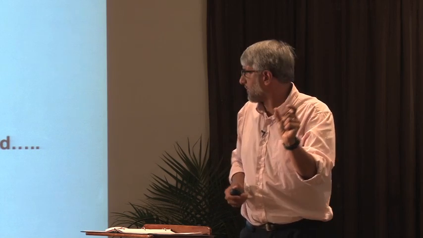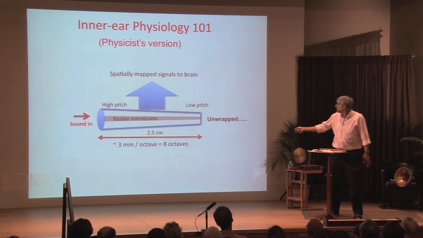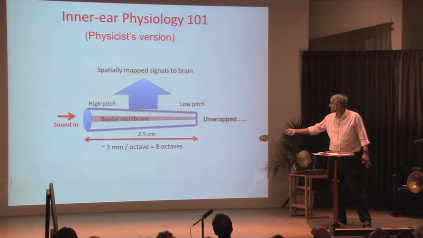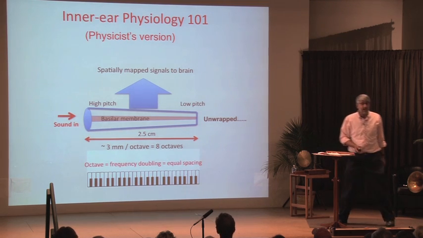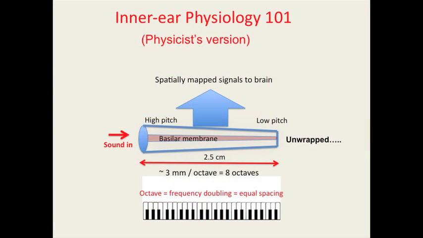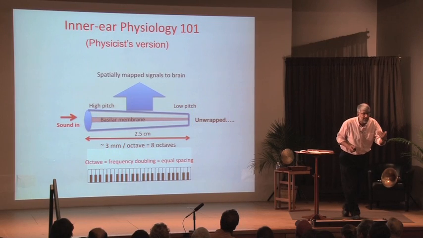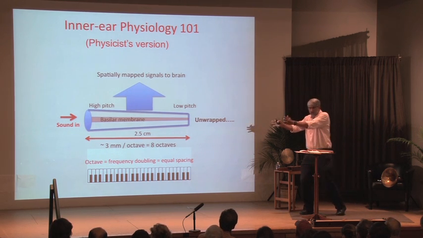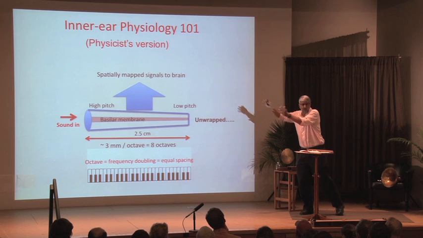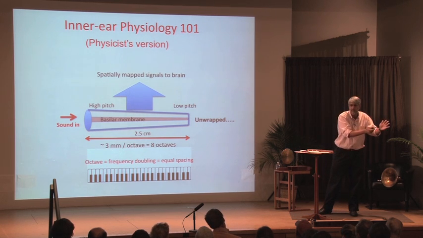Every 3 millimeters, and it's equally spaced octaves, right? So 10,000 hertz, 5,000 hertz, 2,500, 1,250, 625, like that, okay? That's the way it's mapped, so it should make you think of a little piano, right? Because that's exactly how a piano is mapped. Every octave is an equal distance on the piano, right? So maybe this helps us understand why it is we might hear intervals very similarly, regardless of whether it's doubling 2,000 to 4,000 or doubling 200 to 400, if you follow me.